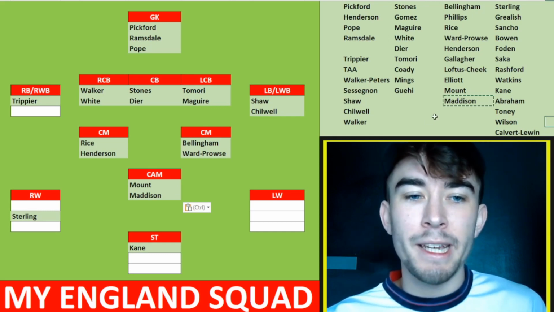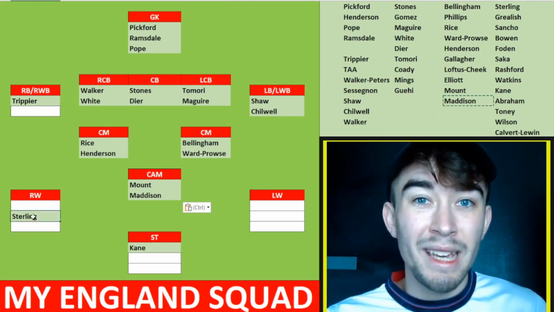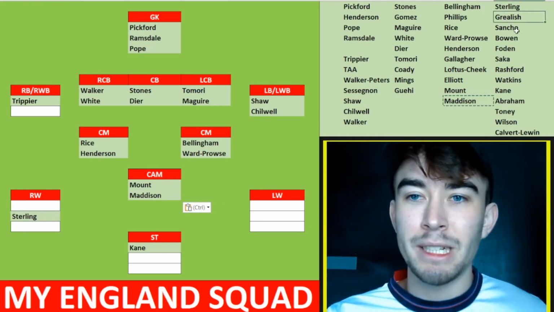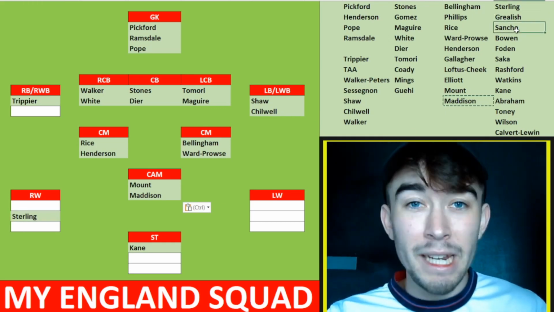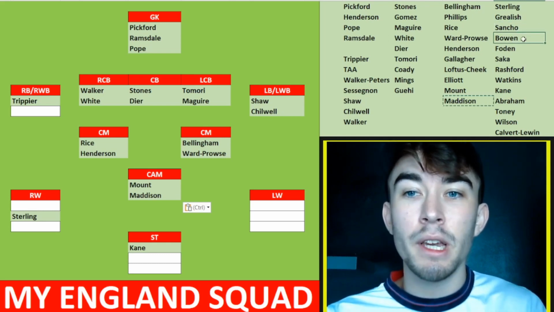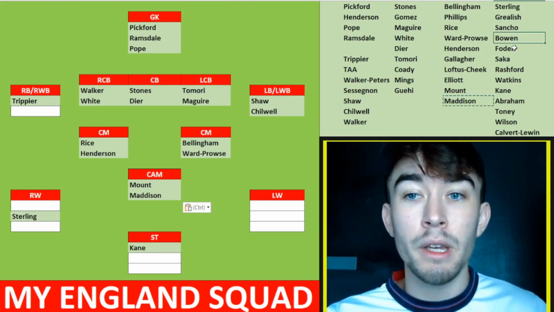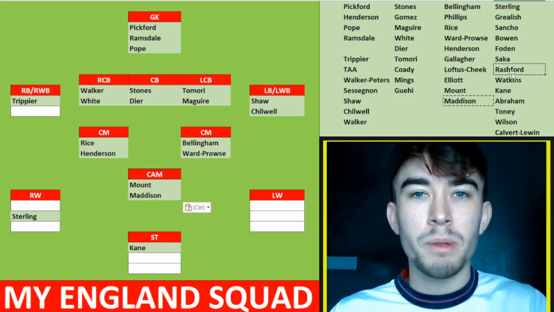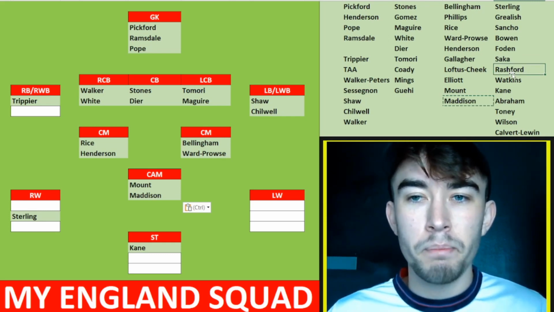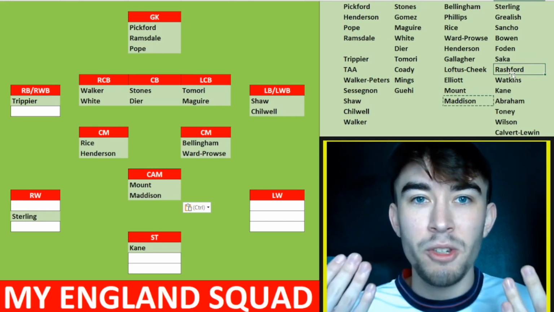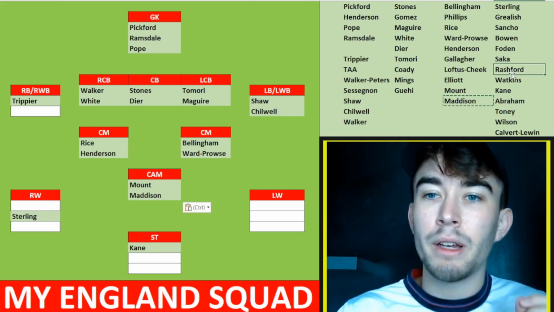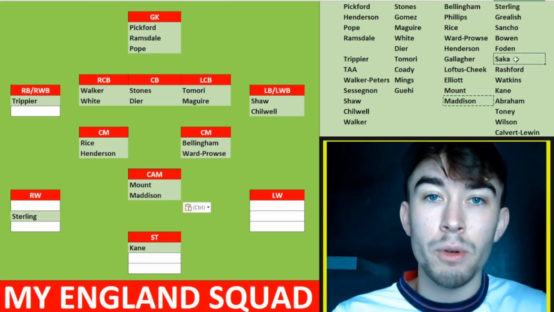If we go through the players, we've already got Raheem Sterling, who isn't in the greatest form. Jack Grealish, not in great form, in and out of the team at Manchester City. Sancho, really poor at the moment for Manchester United. Bowen not hitting the heights of last season. Foden and Saka both in good form, and then Rashford kind of in and out of form. He seems to be rediscovering himself. But we can see again that England have some issues here, because there are several players who just are not in the greatest form. However, like I said, the two that are in form, Saka and Foden, have to be